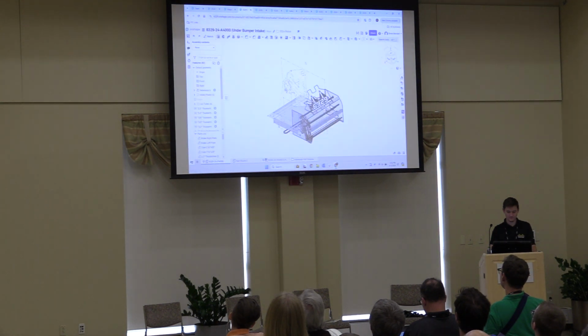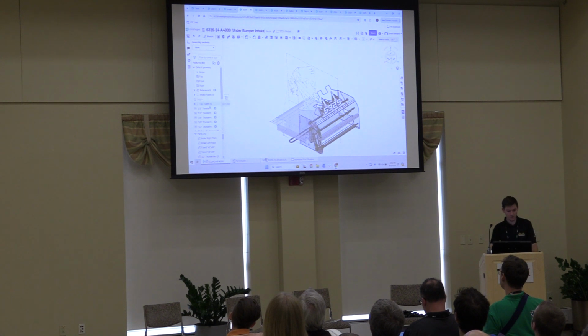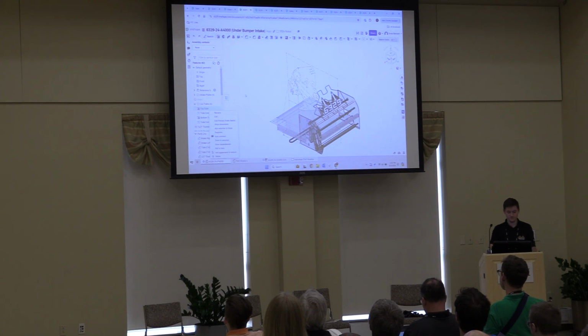Breaker works. So, of course, to rename features, it's very easy. All you need to do is just right-click, rename. Very simple. Feature folders are also very easy. Just select the features that you want to add to the feature folder and click New Folder and give it a name, and it'll just put them all in the folder. So it's very simple. Moving features in and out, you can just drag them in and out of the folder